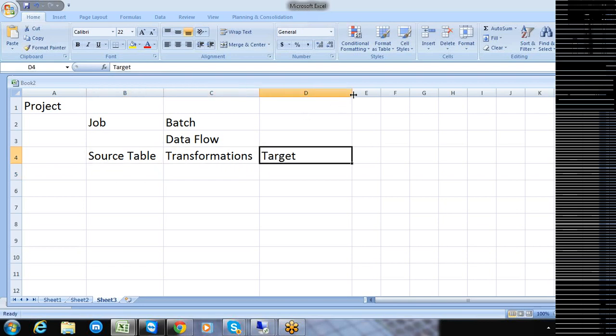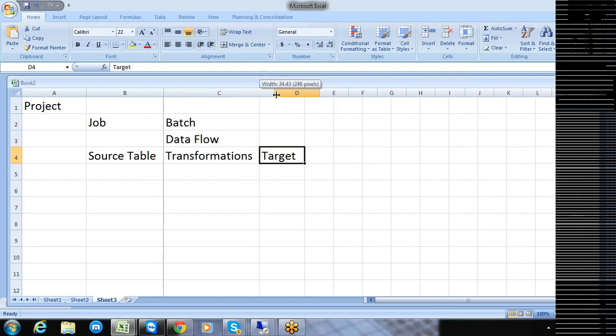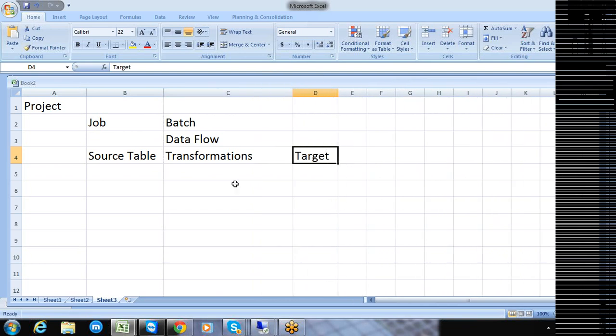Transformations along with the target structure that should exist. Okay, so to do this one, what we need to have is that the source table is going to be your ECC. The target is going to be your HANA here.